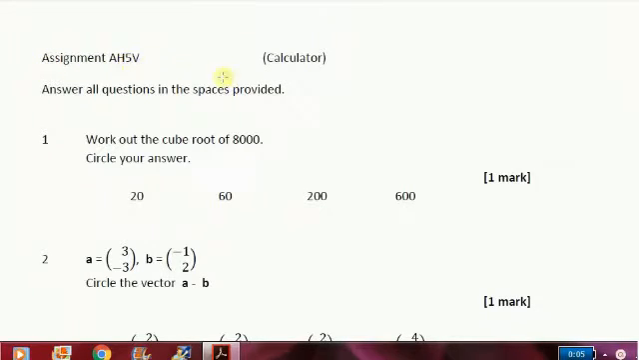Assignment AH5V, you're allowed to use a calculator. Question 1, work out the cube root of 8,000. So 8,000, we realize that that is 8 times 1,000. So the cube root of that